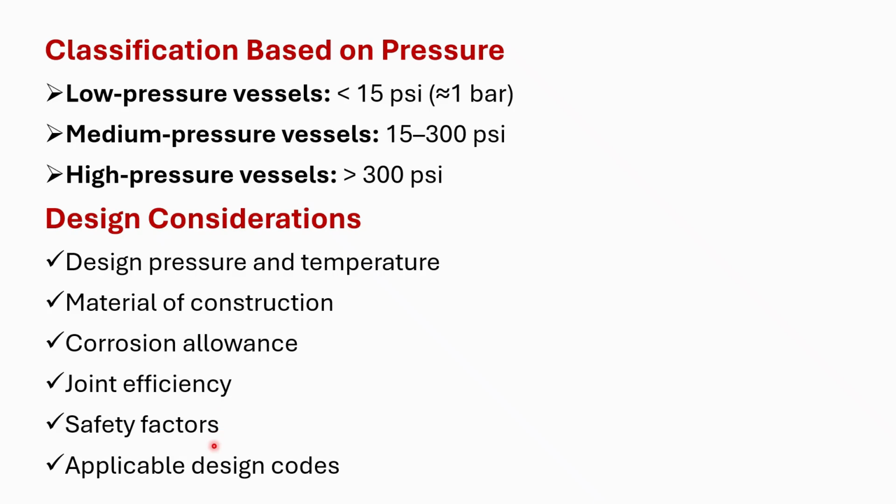Coming to the safety factors. Here the safety factor means the ratio of material stress to the working stress. So it is what the stresses are which are expected to be experienced during the operation. So that is a safety factor. It is again a standard value. For a process vessel, 3 to 4 is added, and for a storage vessel, 2 to 3 is added